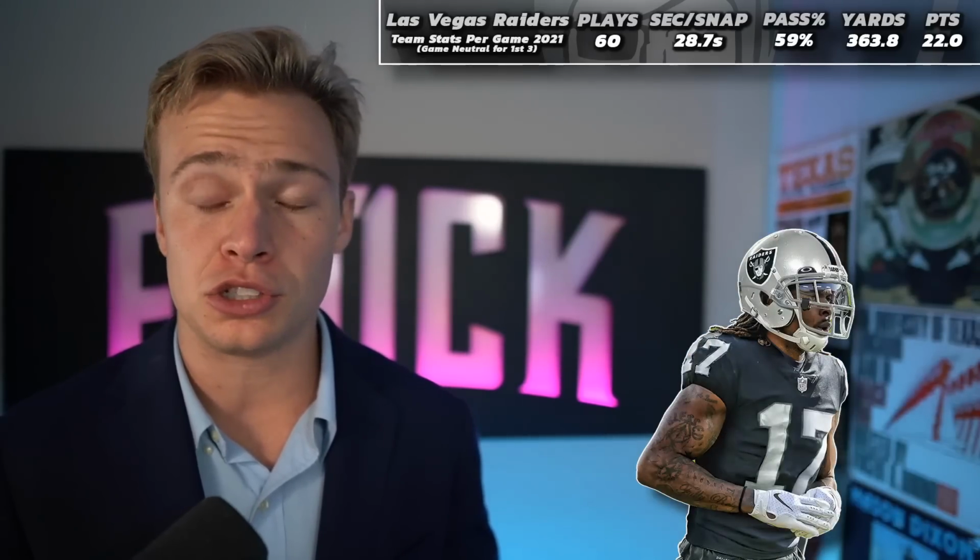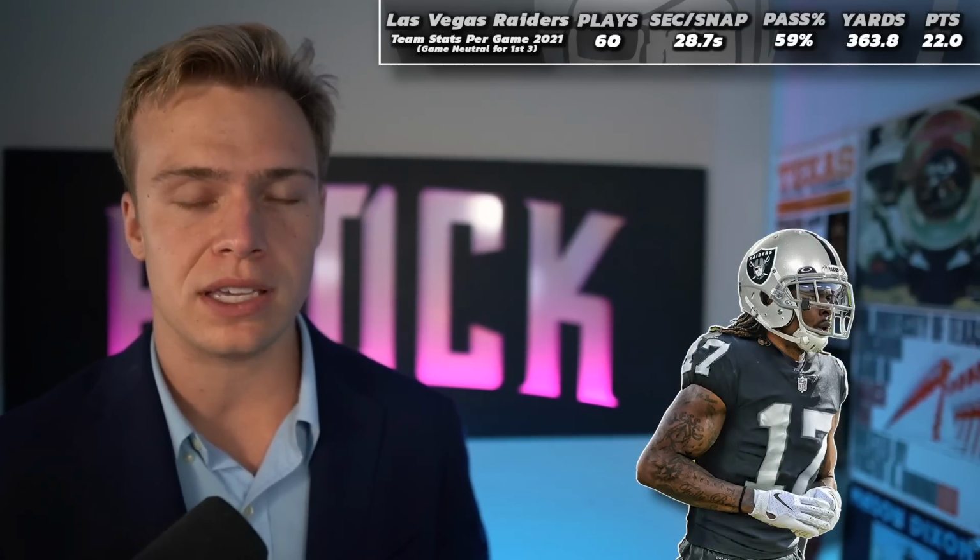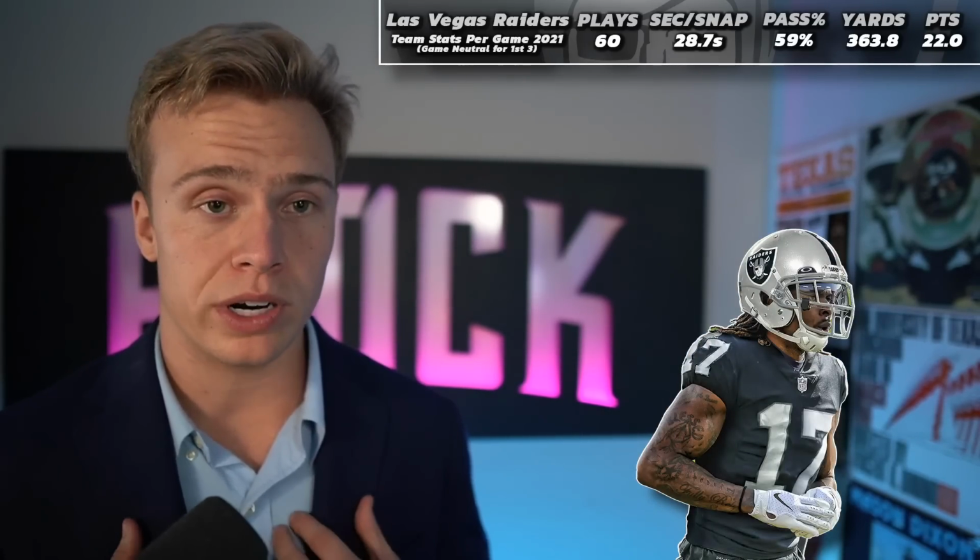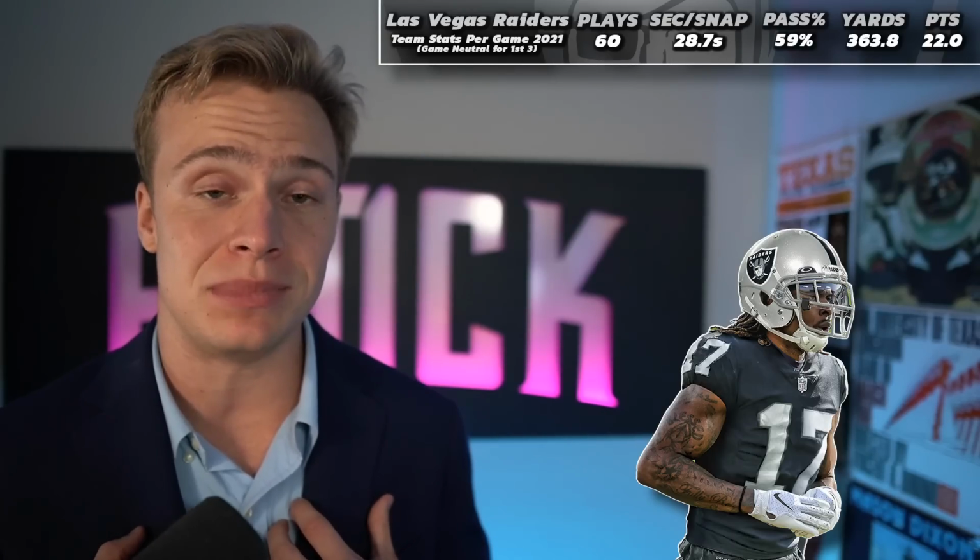I'm not necessarily assuming it's going to happen with Las Vegas, but I am worried about the target share taking a dip down, as well as the efficiency with Davante Adams going to a team that has more target competition overall, as well as a worse quarterback. But if he is going to an offense that somehow is top 5, top 10 in pace of play compared to where the Green Bay Packers were at over the past few years, maybe there can be so much more offensive volume that he can make up for the drop in efficiency as well as the drop in his target share.